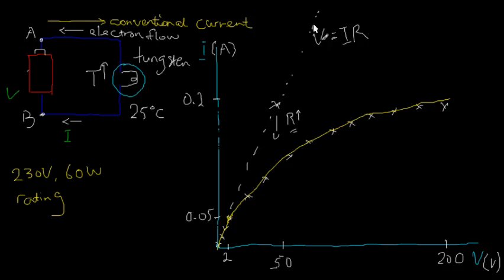So with this understanding, let me now finish up this part by doing a simple calculation, calculating the resistance when the voltage is at 200 volts. I'll just mention that 200 volts is quite close to the 230 volts rating of this light bulb, for the usual operation of a light bulb, if it's the normal filament light bulb. I should actually write this down as well. We're talking about a filament